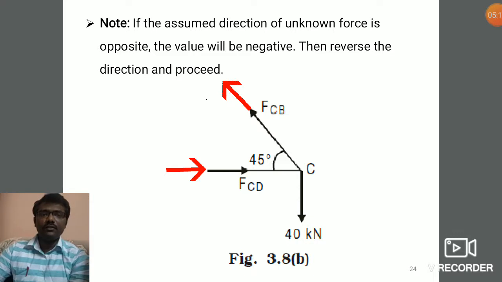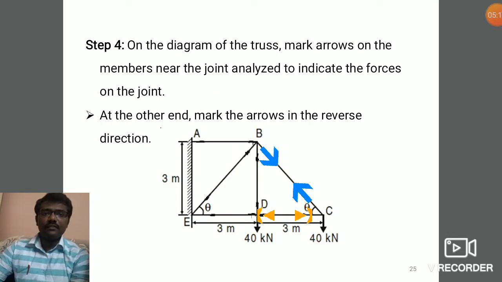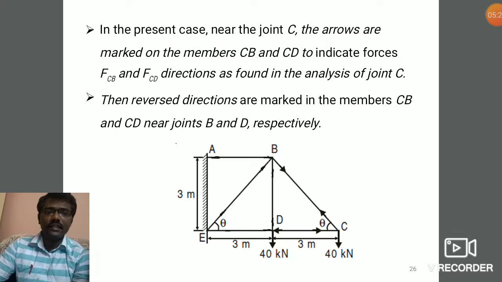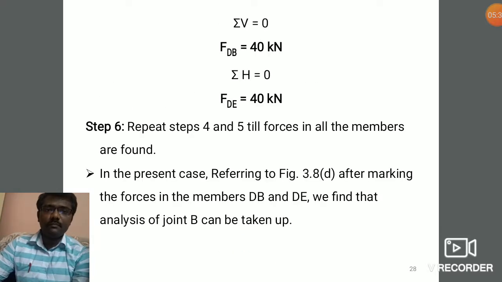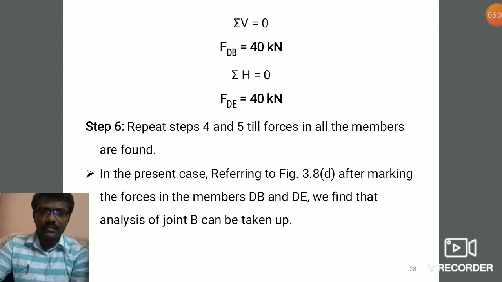Similarly, we repeat the same steps and choose the next joint in such a way that only two member forces are unknown. If you see the diagram, we can select joint D. There are two unknown member forces. So we repeat the same steps for finding the unknown member forces, that is FDB and FDE, by applying the static equilibrium equations, summation of V equal to 0 and